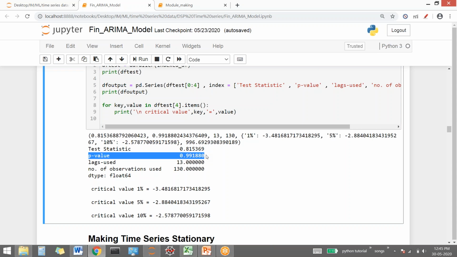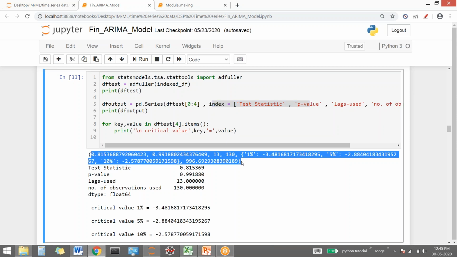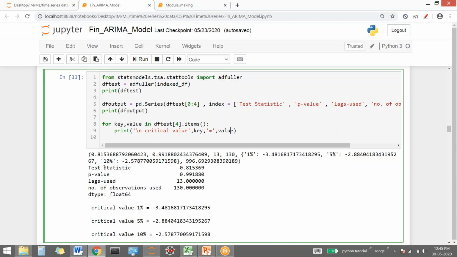But for the stationary part, p-value is sufficient to determine whether the time series is stationary or not. So this is our Dickey-Fuller test that we have just imported, fed in the data, and to see the initial values we have to make a series, because without giving this index name, we will not be able to interpret what these values are referring to. You can't tell with just these values unless you remember that first is the test statistic, then second is the p value, but it's a good way to write this. Okay, so we have gotten our p value.